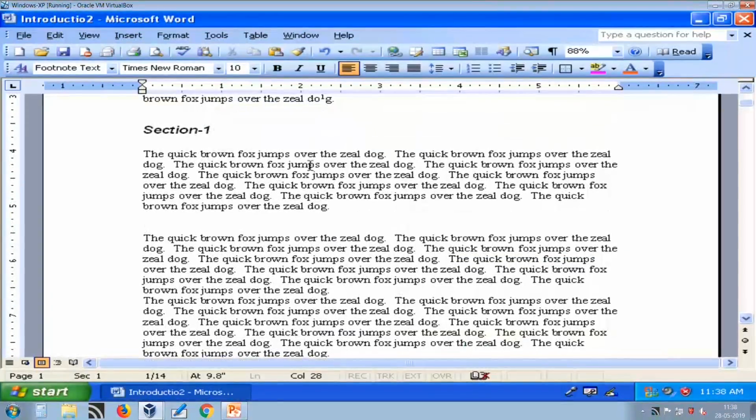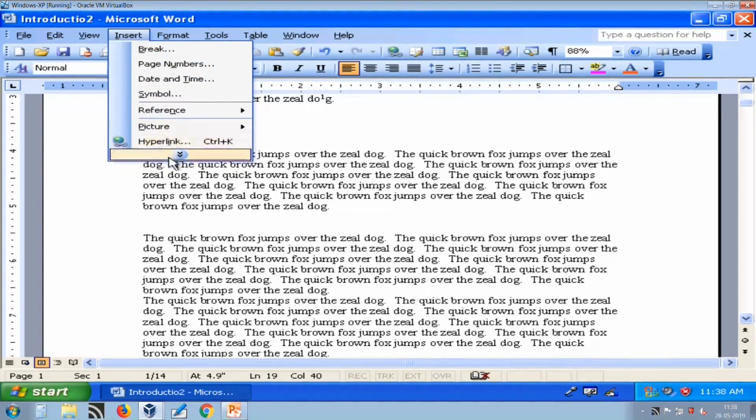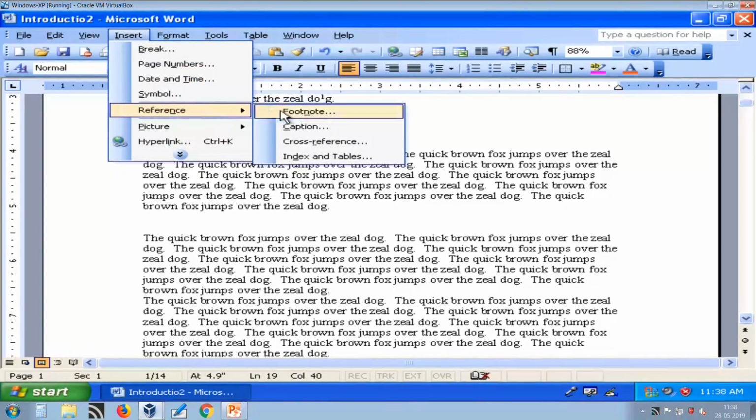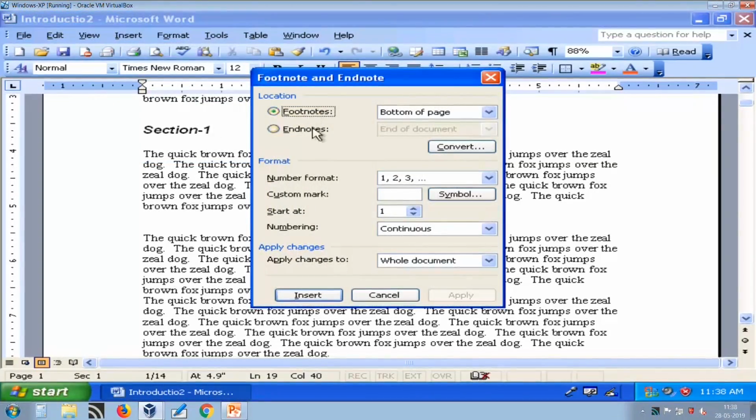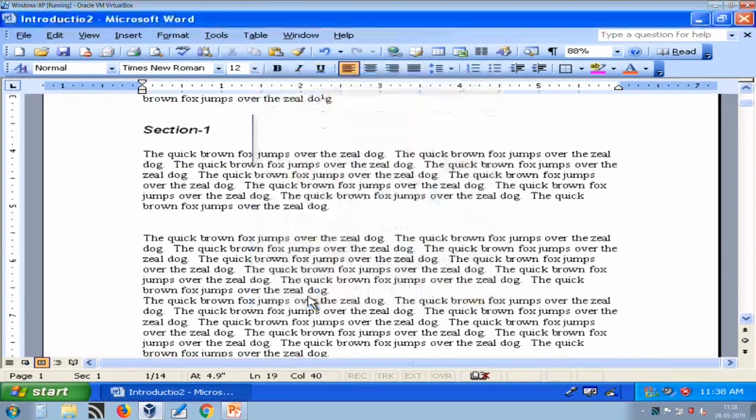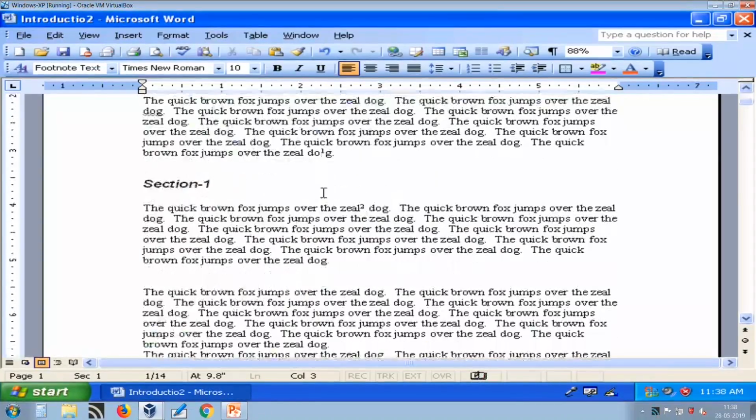You can also insert footnotes for other words also. So, again go to reference and footnote. Now, it will give the second number to that word, you can verify that.